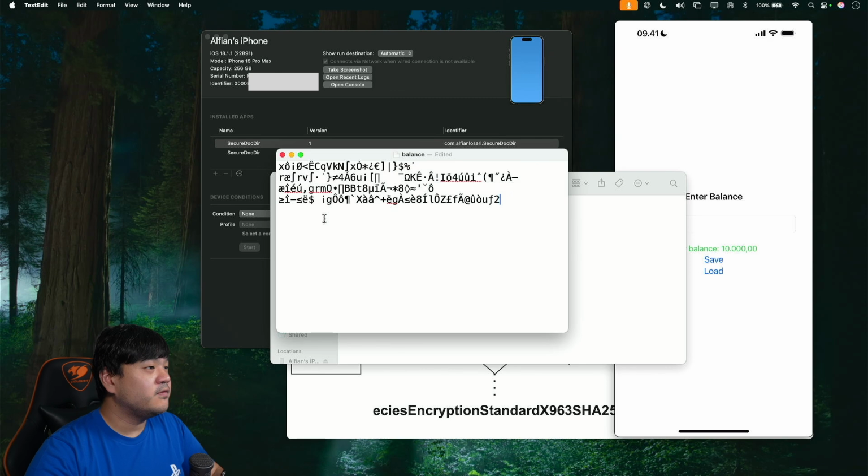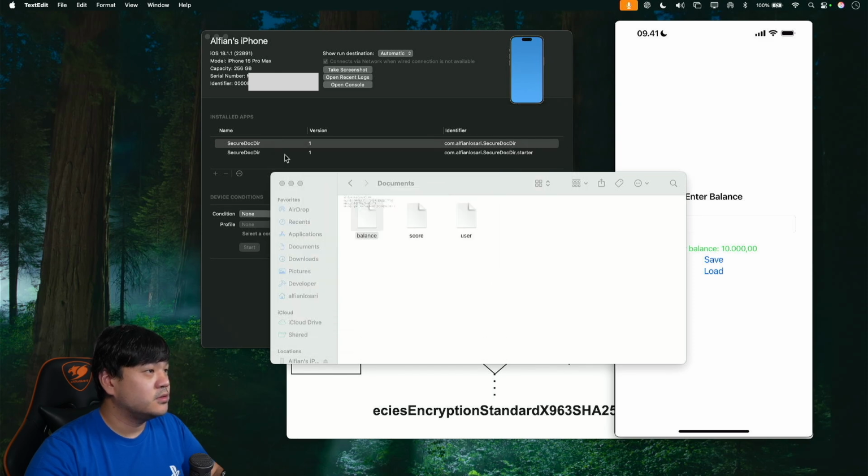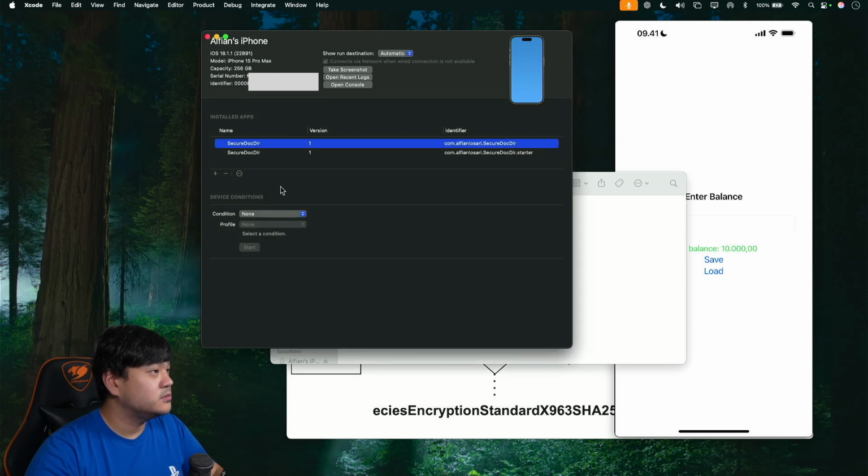Even if I try to tamper with this, it will fail, because when it is accessed by the app, it will verify the signature using the HMAC, and it will fail if it has been tampered with. Let me show you.